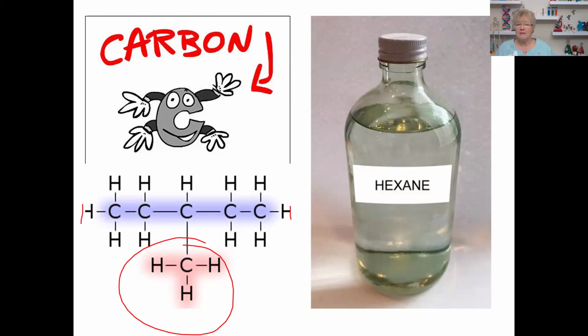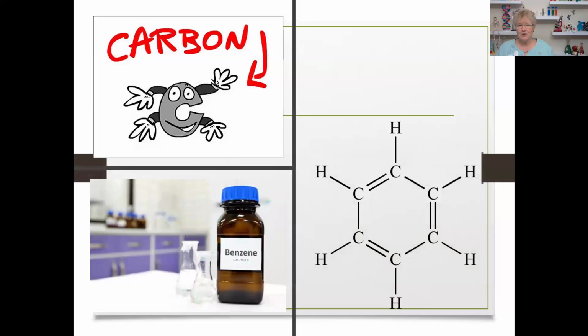It's also used to make things that smell, fragrances like perfume and air fresheners, and flavors that you might see in food. If you see artificial flavor in food, it might be because hexane is used to make flavors. And then here's a ring. I told you guys about that carbon ring. So the formula for this one is going to be: there's 1, 2, 3, 4, 5, 6. We're going to have C6 and then H, how many?